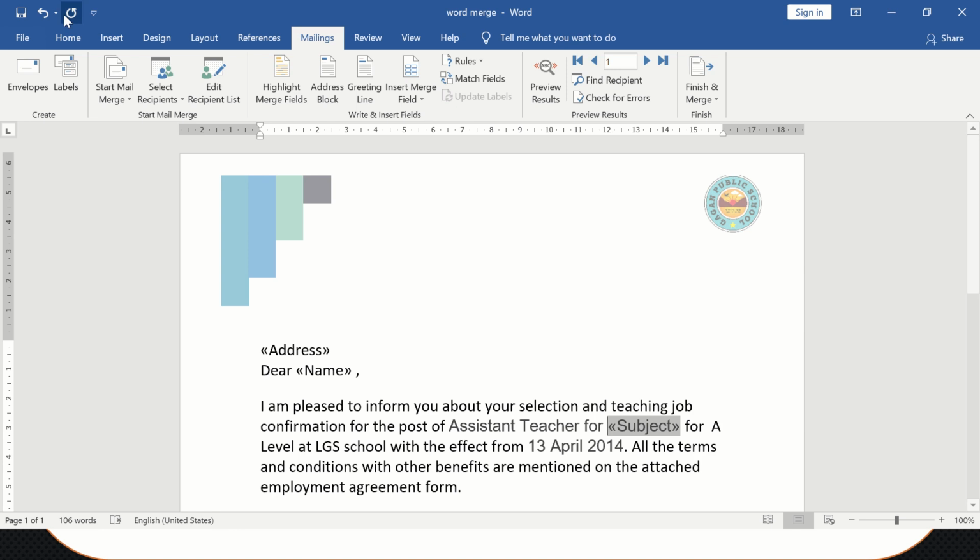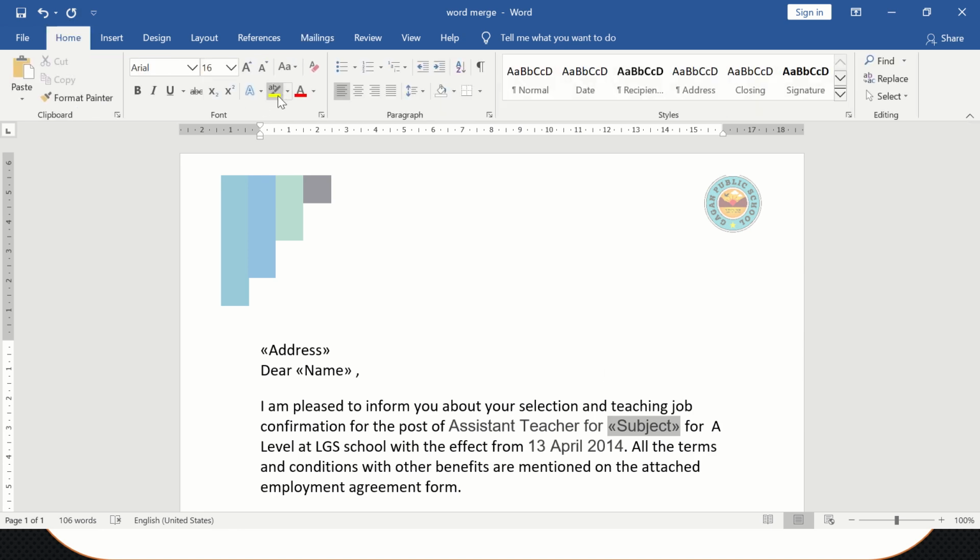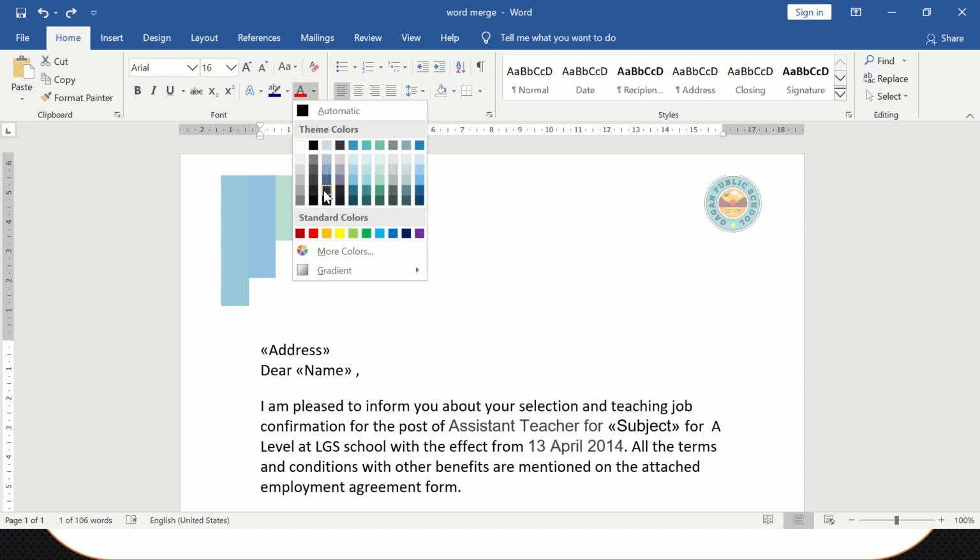Got it. And if you want the subject to be in a different color, you can go and just use a different color for this. I'm not going to highlight this, I'm just going to use a different color for this.